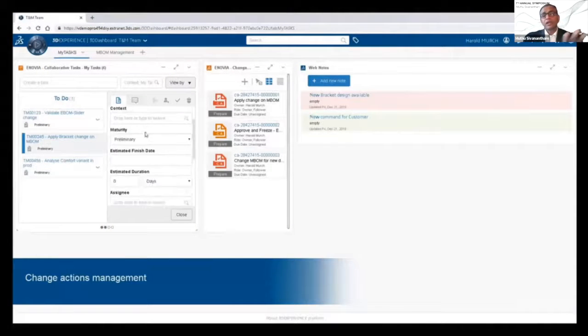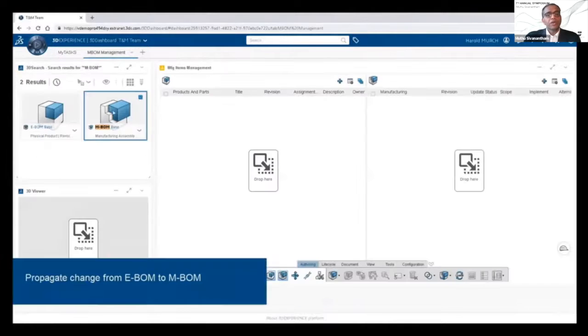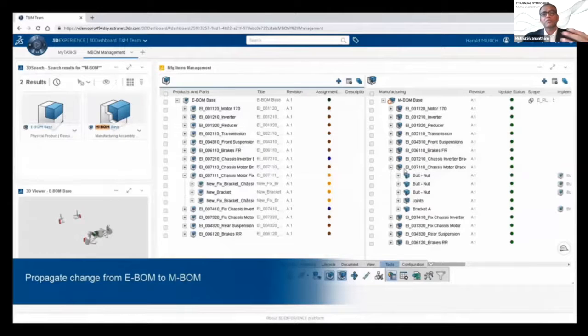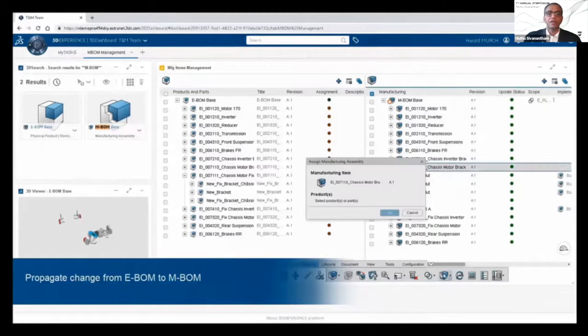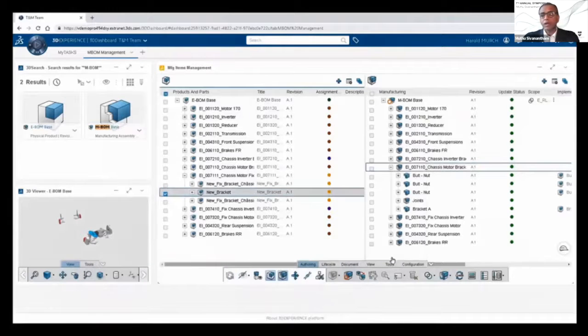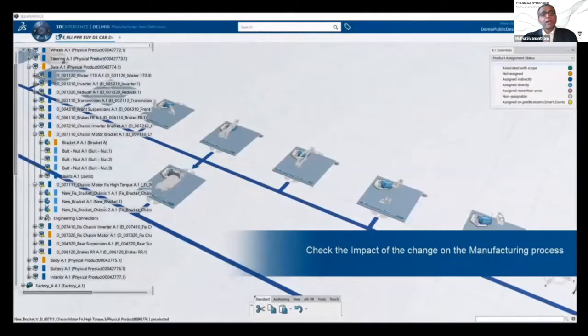And as you see, nothing is done perfect the first time, right? So here we are showing a change process. A bracket needs to be swapped out because of some various reasons. Manufacturing asked me to change it, and now we are changing that. So a new bracket is changed. As long as you work in the same system, now you can do the impact analysis in a